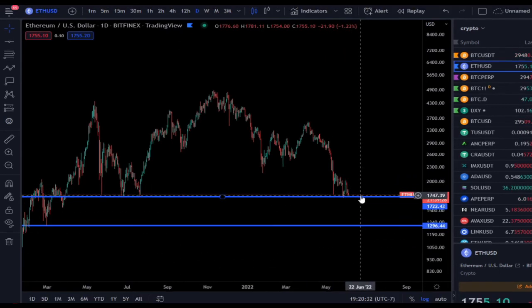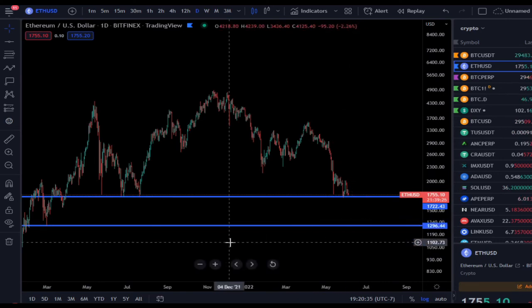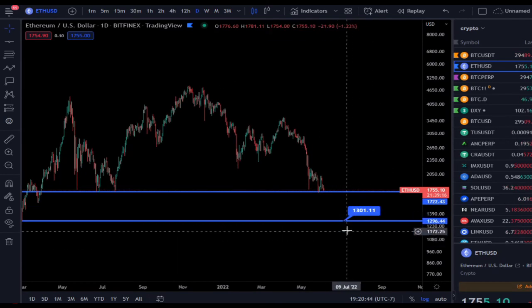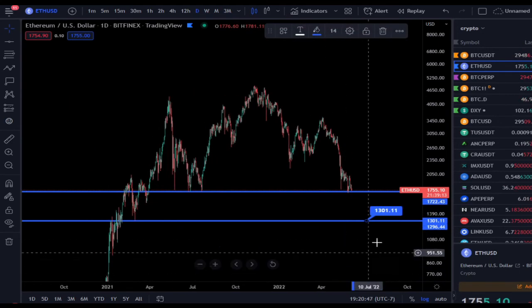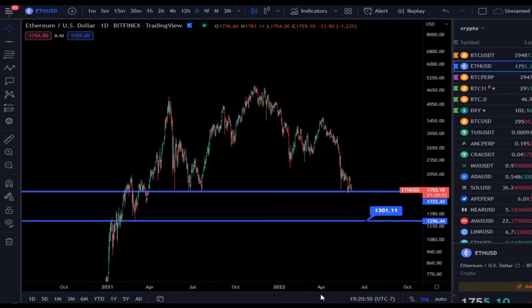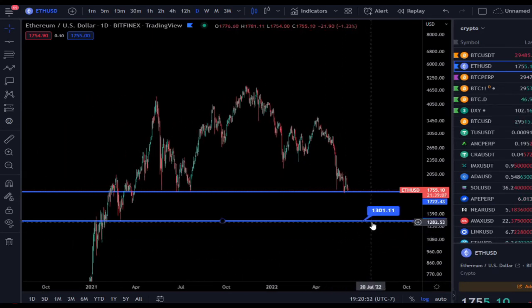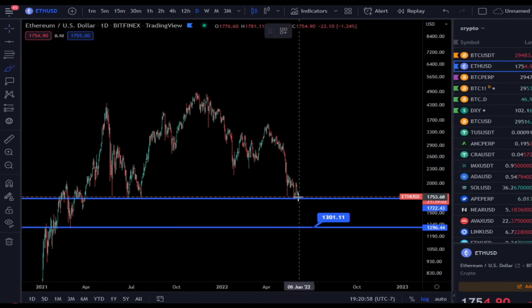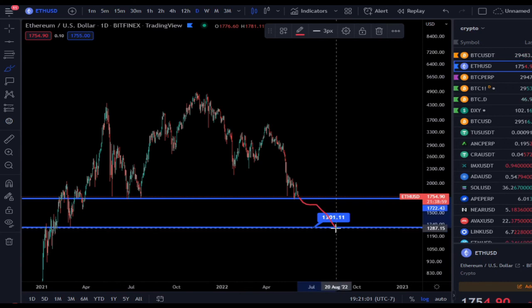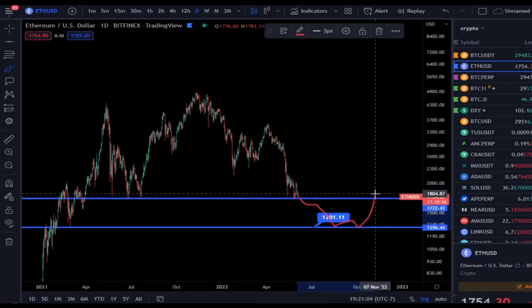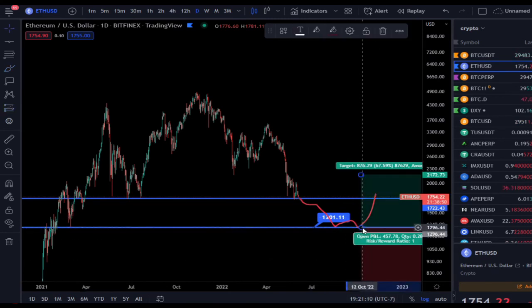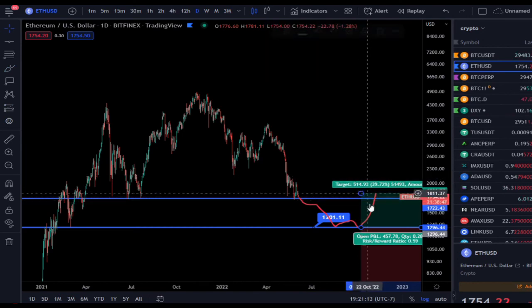So let's say that we don't know if we're going to get a bounce here, but we want to set an order down here. So I would set my buy order right here. And if I'm setting a buy order right here, is this a limit or a market order? Perfect. Exactly. So I would set my limit order for down here. And then let's say I think the price is going to come down for a bit, fill our order, play around, and then at least come back up to here, right? So I could set that trade to go something like this, where I got my take profit right there,